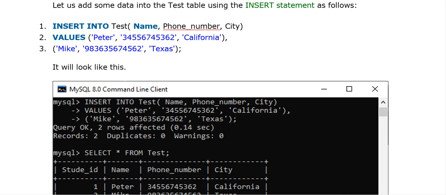So this is how we are adding multiple values into the table. This is the same sequence you need to follow. And when you have stopped, when there is no more data you need to enter, just put the semicolon at the end. Okay. So when you run this command, it will show you the output like this.